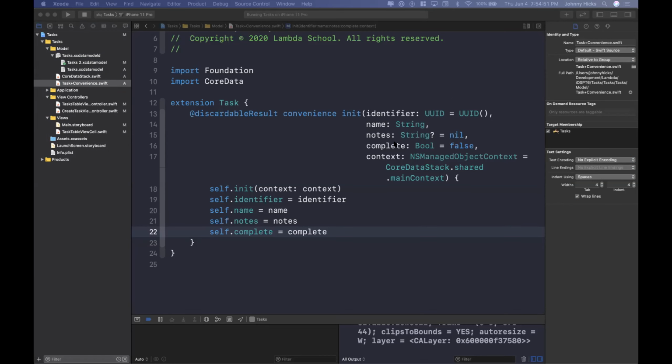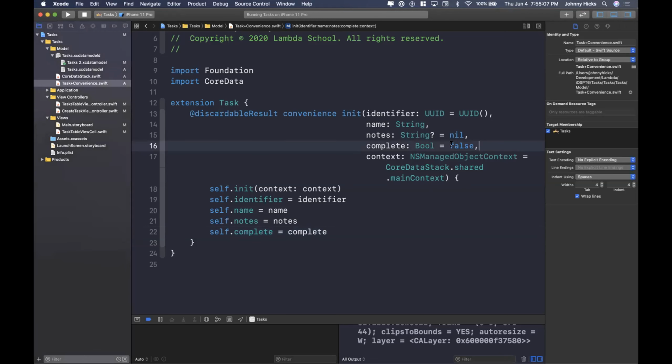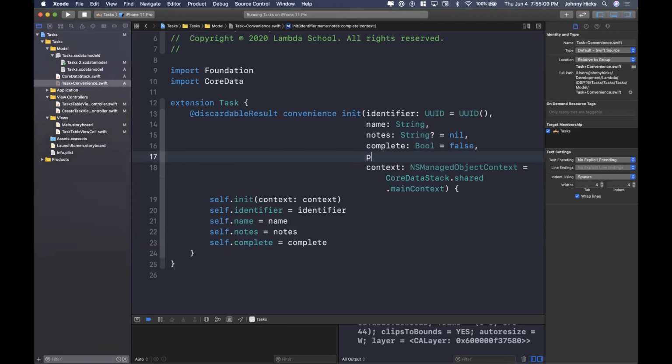All right, cool. So yeah, we want our convenience initializer here to reflect our new priority property, okay? So let's go ahead then, and if you hop over to your task plus convenience here, we're gonna add, after this complete parameter here, a priority parameter, okay? So priority, and